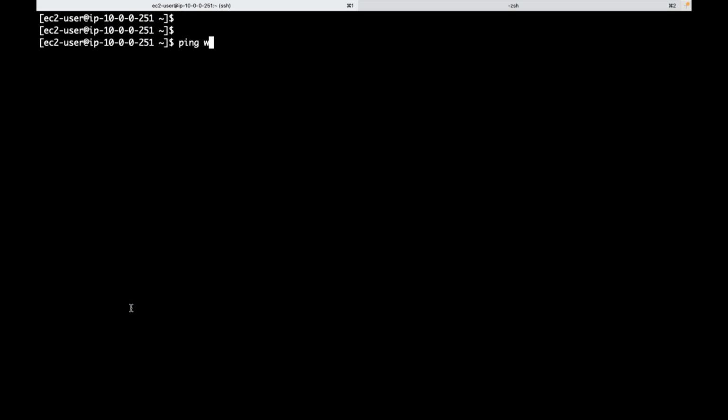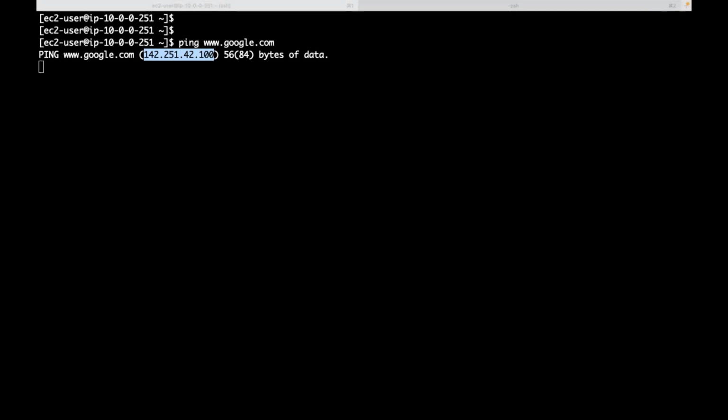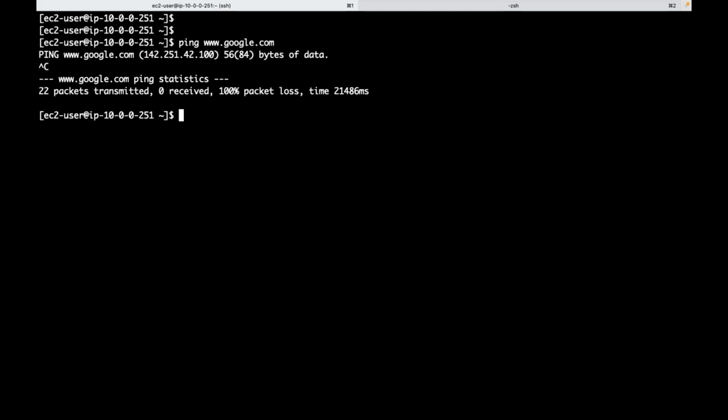Now, do I have access to the internet from this server? I am trying to reach Google. Is this server able to talk to this IP? Internally, is this domain resolving to this IP? No, because do I have a route to the internet there? No, that's why. Now, if I try to install some software directly from internet package managers, sudo apt